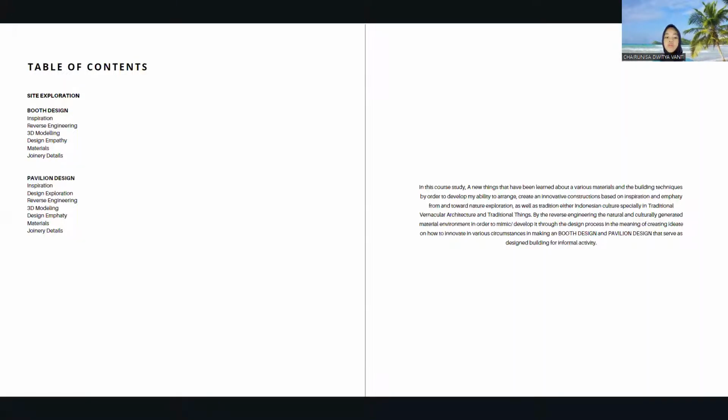My student number is 2151201, and I'm going to present my final exam assignment in Design Studio 2. Let's begin with the table of contents about the site exploration. We design with sub-chapters of inspiration, reverse engineering, 3D modeling, design empathy, materials, and generic details that we'll conduct in